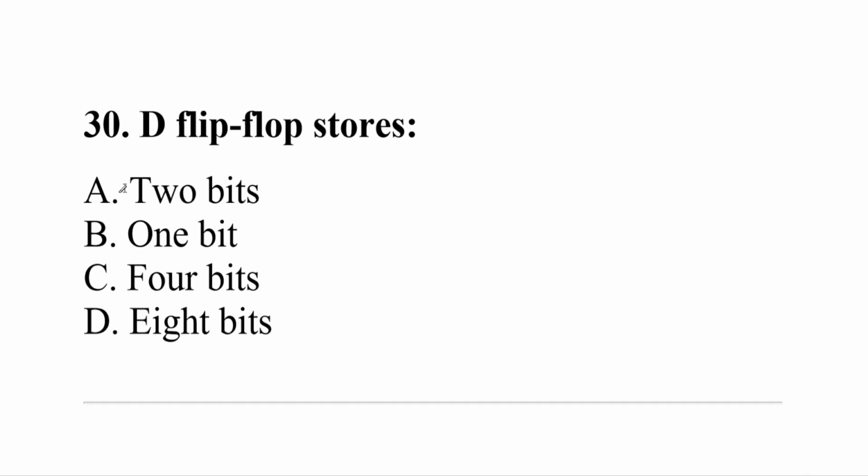D flip-flop stores option A 2 bits, B 1 bit, C 4 bits, D 8 bits. And the correct answer is option number B, that is 1 bit. D flip-flop stores 1 binary bit. Moving ahead to question number